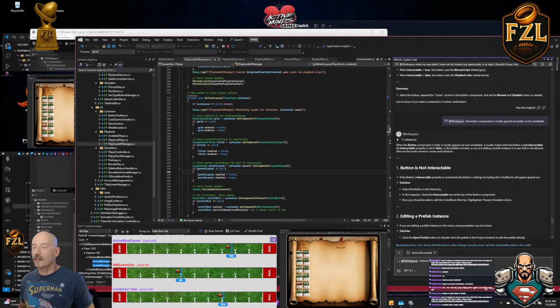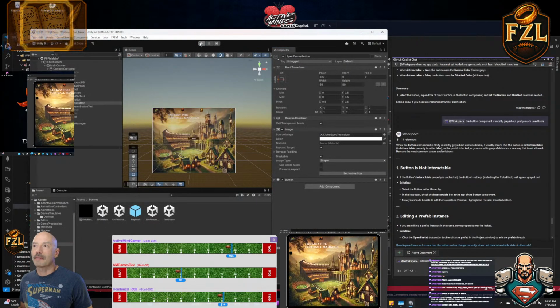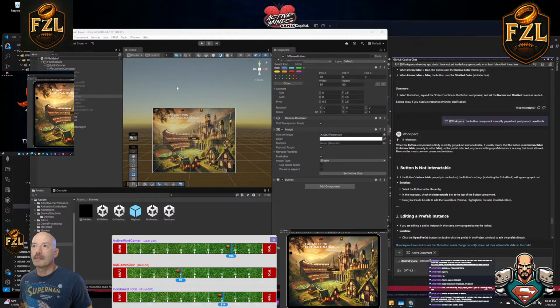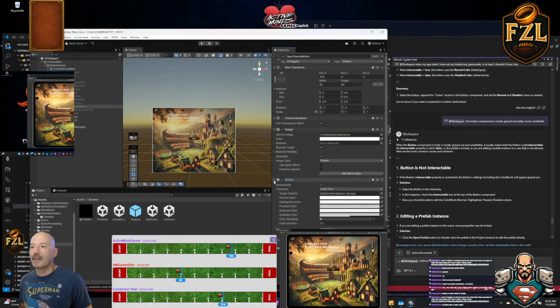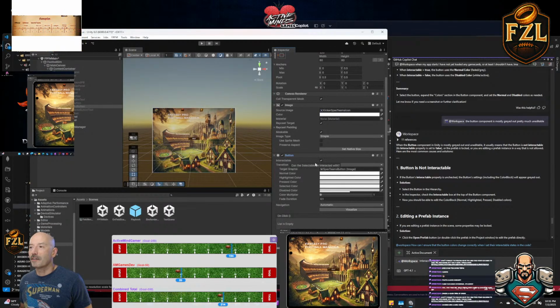Interactive button. Oh, you know what? Let's stop this thing. That's probably the problem. Oh, you can't even turn these on now. Just gray. Totally gray. When I go to this component now and edit it, oh, look, we can. All right. So when it's interactable,